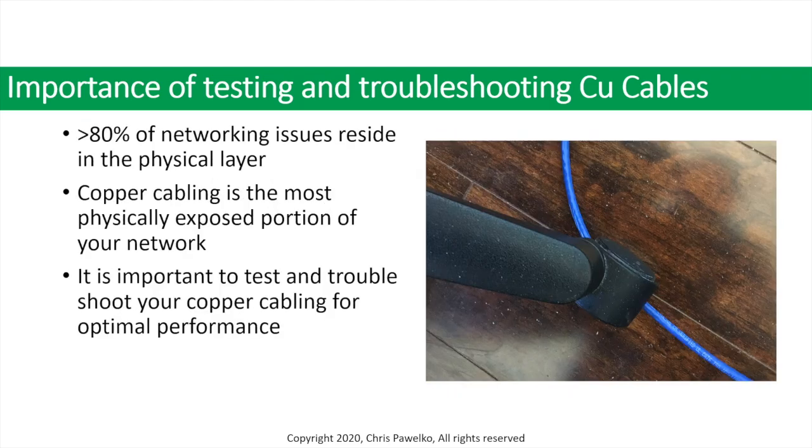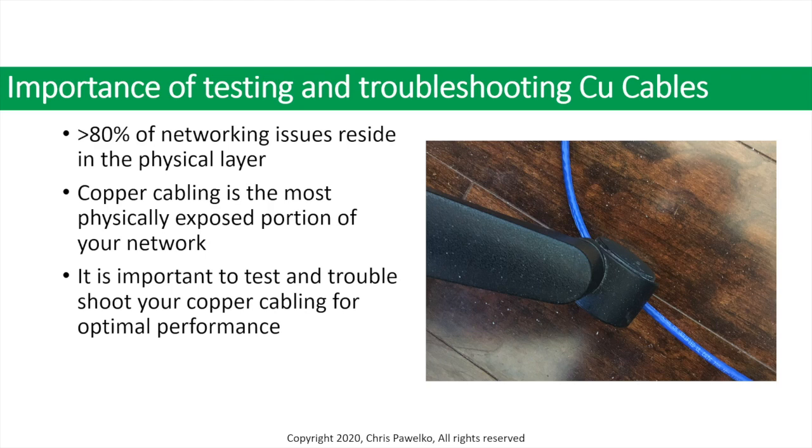And if we do take a look at copper cables, 80% of the networking issues reside in the physical layer. Copper cabling is the most physically exposed portion of your network. So you're going to see patch cords across desks, across floors, stretching down from ceilings, all those different places. It's very important to A, get your infrastructure done correctly, and B, to test and troubleshoot your copper cable for